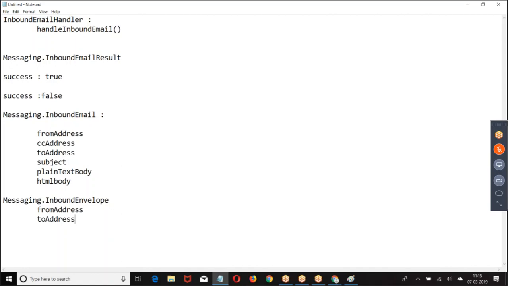Messaging.InboundEmailResult, Messaging.InboundEmail, Messaging.InboundEnvelope. InboundEmailResult will have success, true or false. Messaging.InboundEmail will have from address, CC address, to address, subject, plain text body, HTML body. InboundEnvelope will have from address, to address. I hope you are good with this, right?